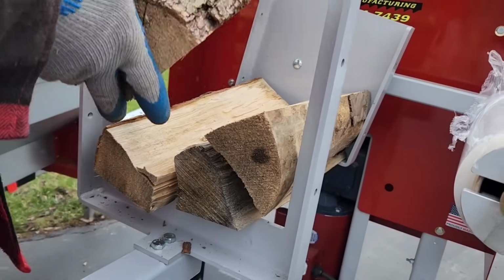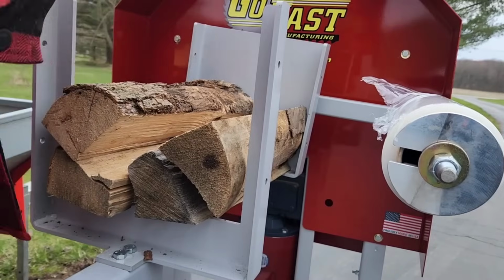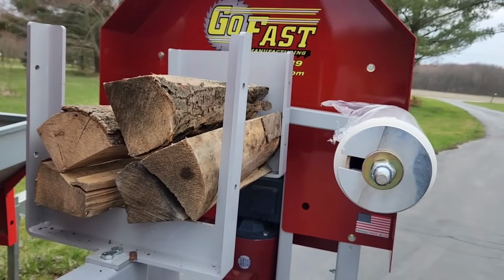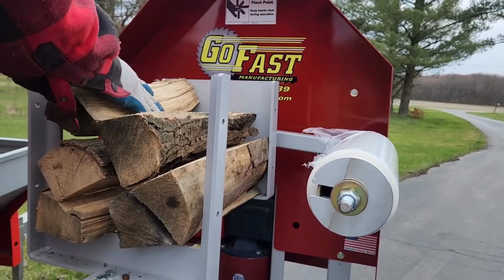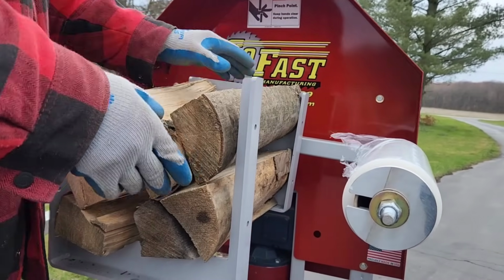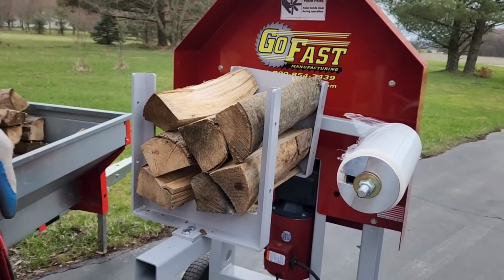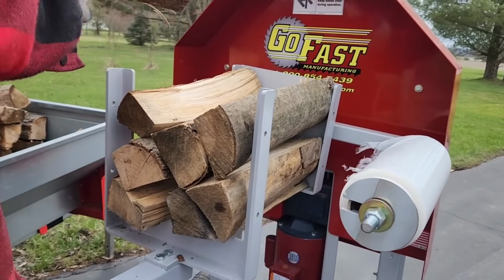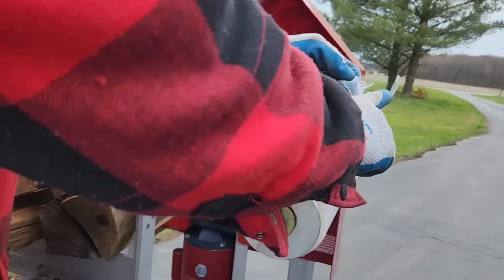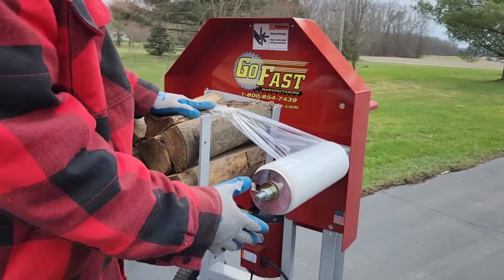On my last video, guys, I was talking about that missing market for a lot of firewood machines. It's a market that I call the home production, and I really do think that the machines should be pointing at something that makes bundle quality wood. Even if you're not doing bundles, if you're doing residential, my assumption is a sole proprietor, a person that's just looking to make money on the side,